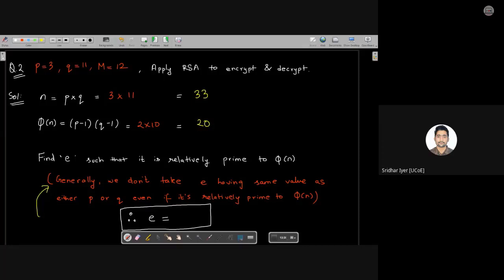Am I clear now? B division, are you finding it difficult? I'm not getting answers from you. So the next value which could be the value of E, which is basically having GCD of 1, is 7. Yes or no? Because there is no factor common between 20 and 7. So that GCD has to be 1. Yes? Fine. Got it? Can we move ahead? Okay, fine. So I will simply write the value of E as 7.